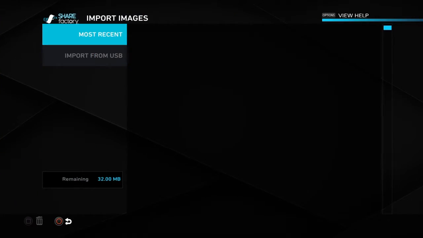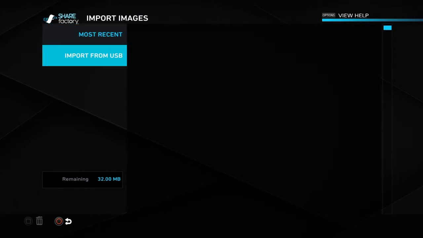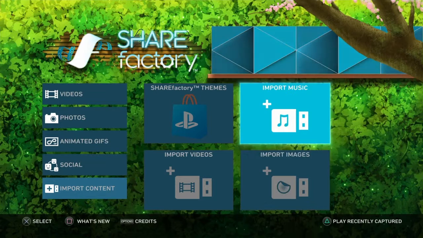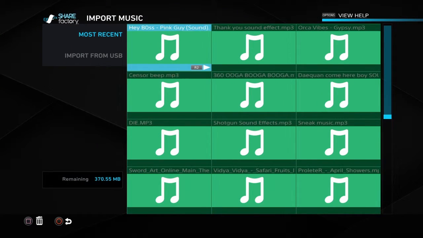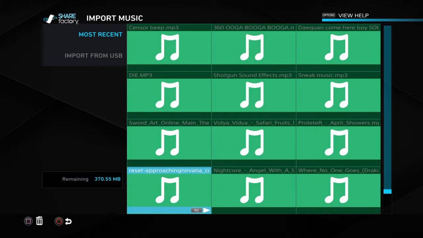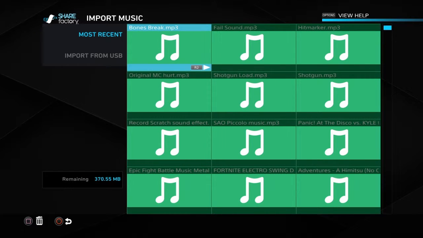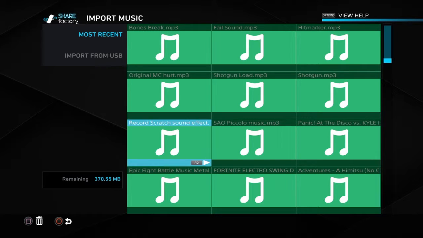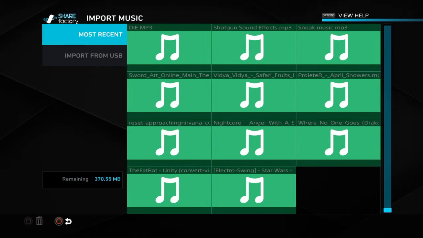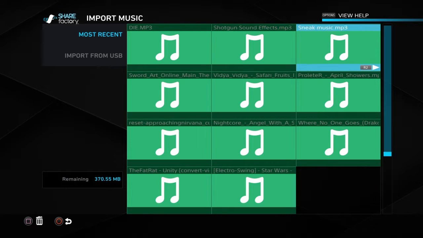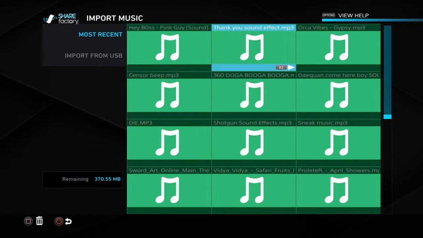Images, I haven't used this yet. I might. I'm not sure. Probably will. Music. I use this almost religiously. Do you see all this that I have? I don't use half of it, but I have so many different sound effects that I feel like I can use, but I never really end up doing it. I have 2 shotgun sound effects, I just realized.